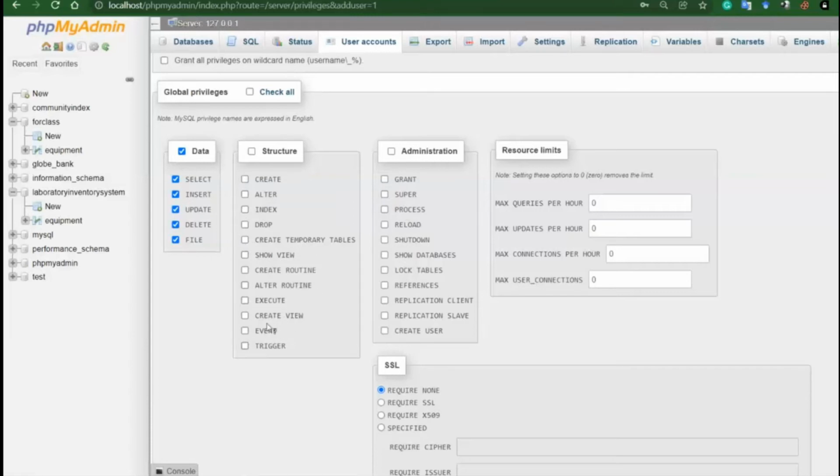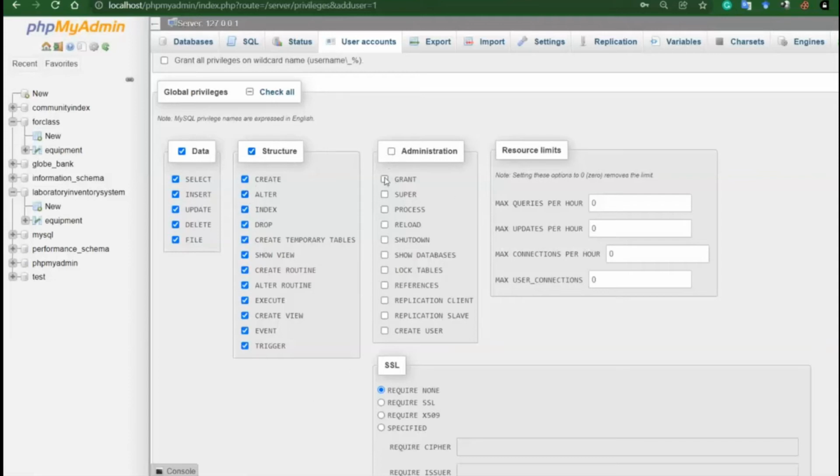These are the different types of objects and entities inside a database. So if you want the user to do all these things, then select this. If you want to give only some privileges, then select those particular privileges. In our case, I will select all because it is just for teaching purposes.